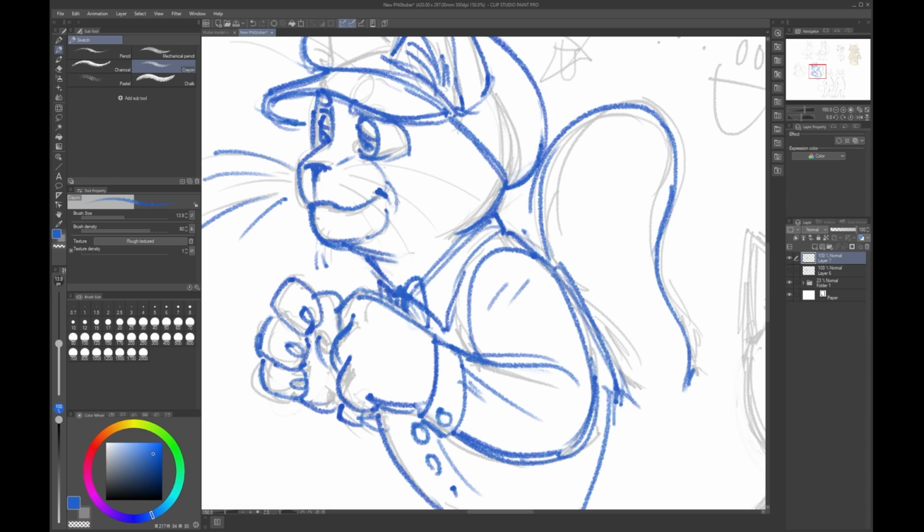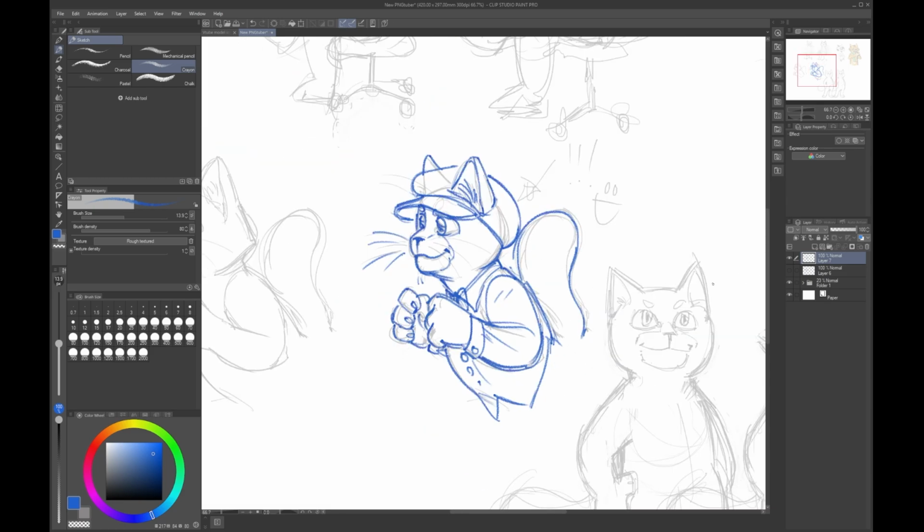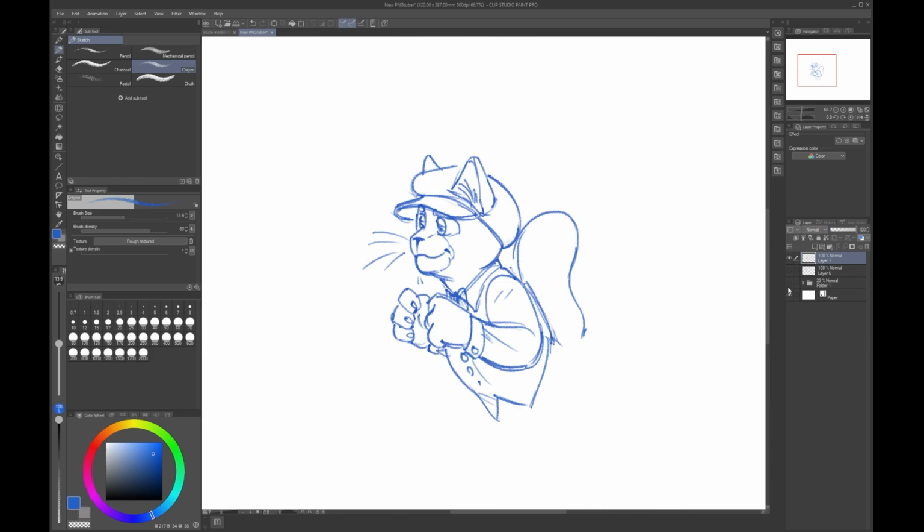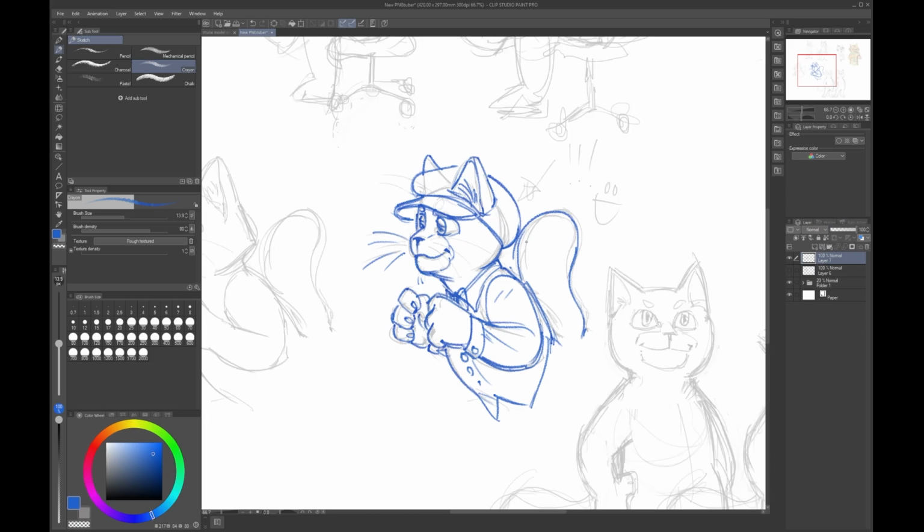Look at this guy. Cute. Give him some stripes. Also, what would be fun though is making him a black cat, because I used to